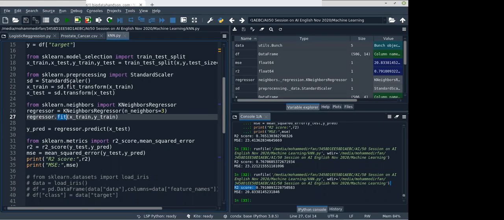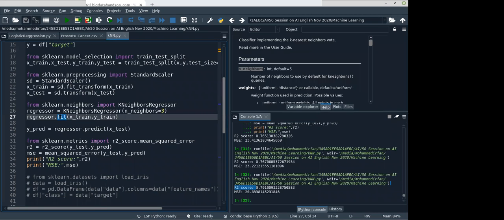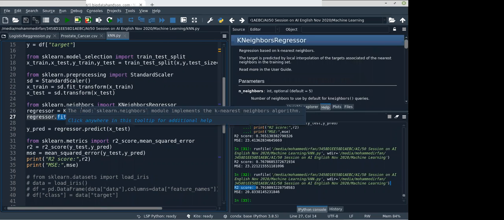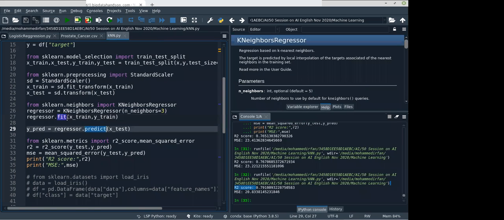Then why keep a separate function for fit and transform? Here we have k neighbors: first we only fit, we don't use transform, we only use predict. We use fit to fit our data set, for example calculating a slope and constant, and the predict function takes the data set and applies the equation y equal to mx plus c.